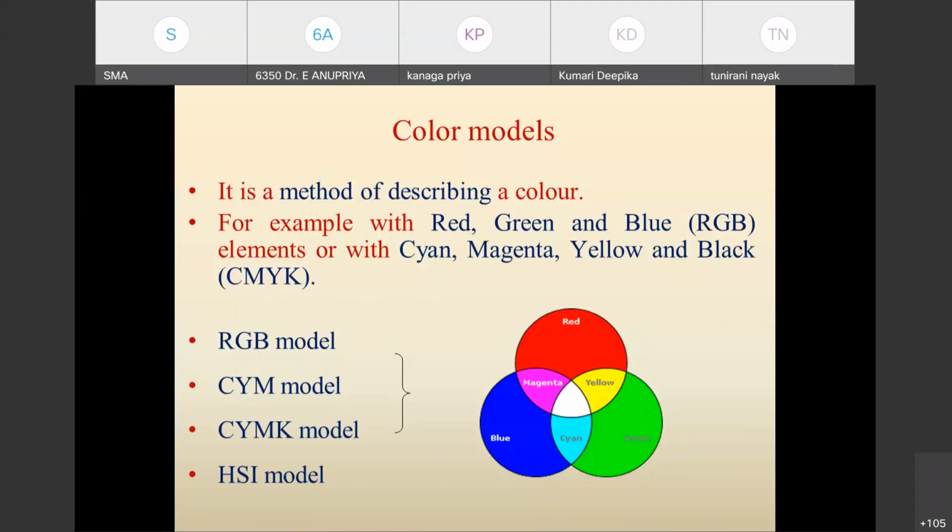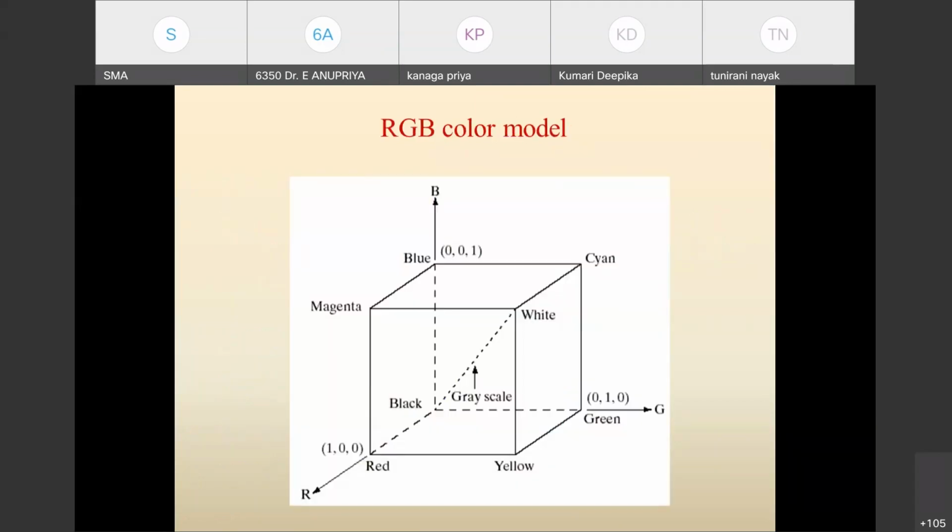RGB is the primary one. And then you have what is called the cyan, yellow, and magenta model. And the third one is cyan, yellow, magenta along with black. The last one is hue, saturation, and illumination. That is the last part. But as far as the color models are concerned, these three things will be defining the intensity of a particular pixel, and HSI will have how deep the intensity needs to be represented. And you can see here the RGB model, how the combinations will be done,